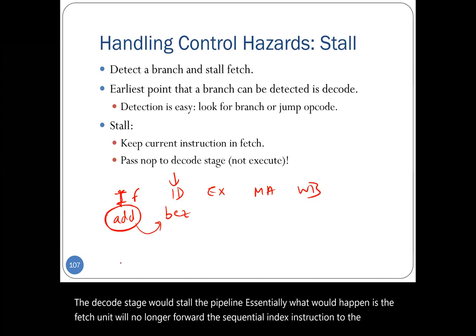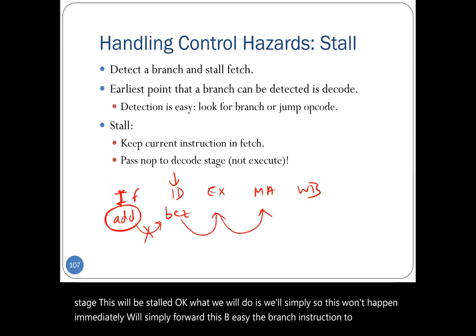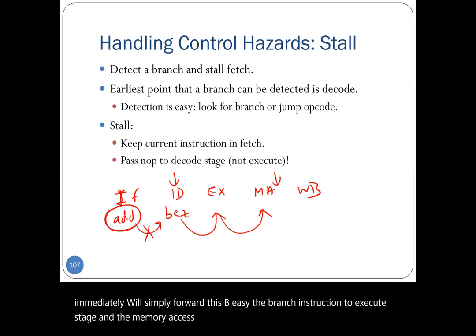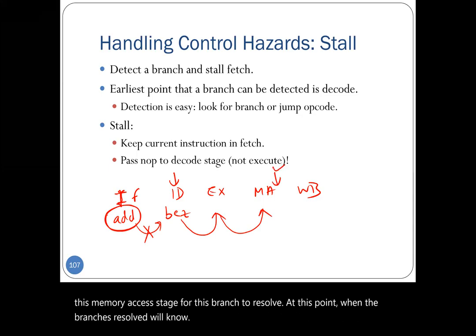This won't happen immediately. We'll simply forward this BEZ, the branch instruction, to the execute stage and to the memory access stage. And we'll wait until the end of this memory access stage for this branch to resolve. At this point, when the branch is resolved, we'll know whether it is taken or not. And depending on its resolution,